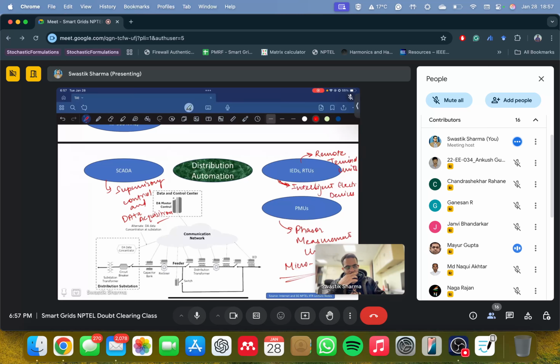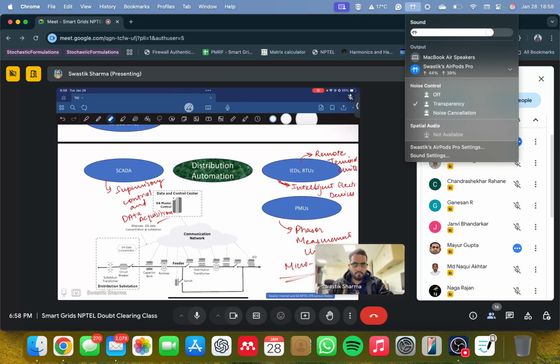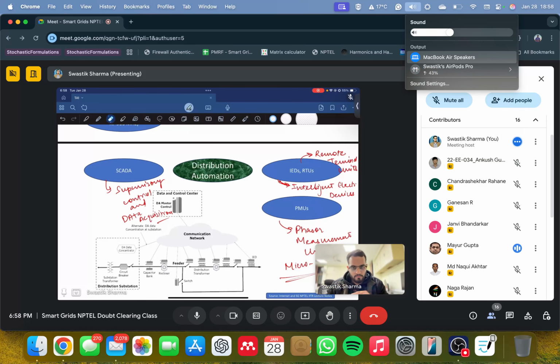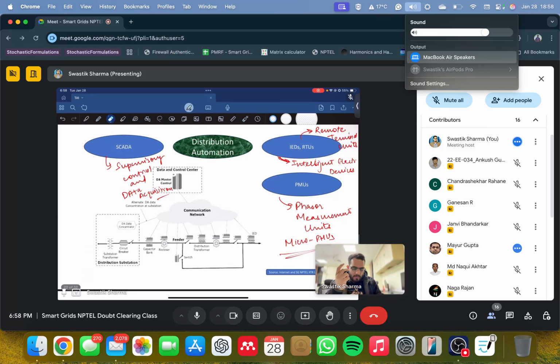A PMU will measure the voltage phasor and current phasor, and that is the data it will send, with respect to the GPS time clock, all synced. But an RTU is conventionally utilized even for the breaker status, the topology, the network configuration of a substation or a power station. There are so many things which are transmitted via RTU elsewhere for many reasons. So that would be the difference. Yes, you are correct.